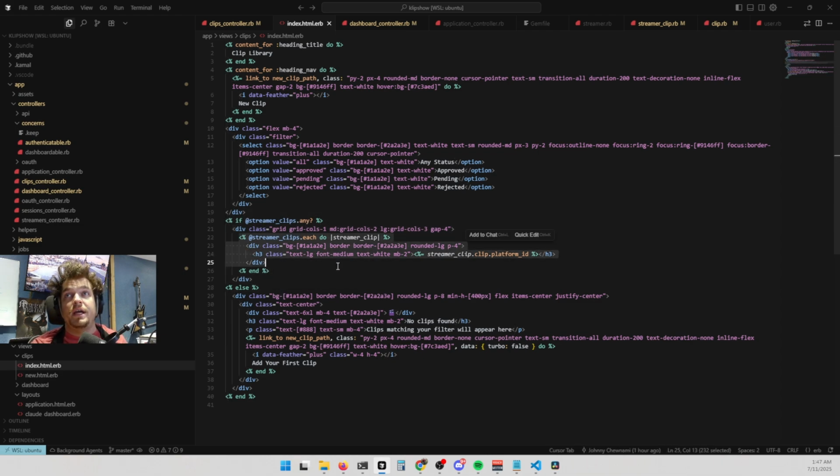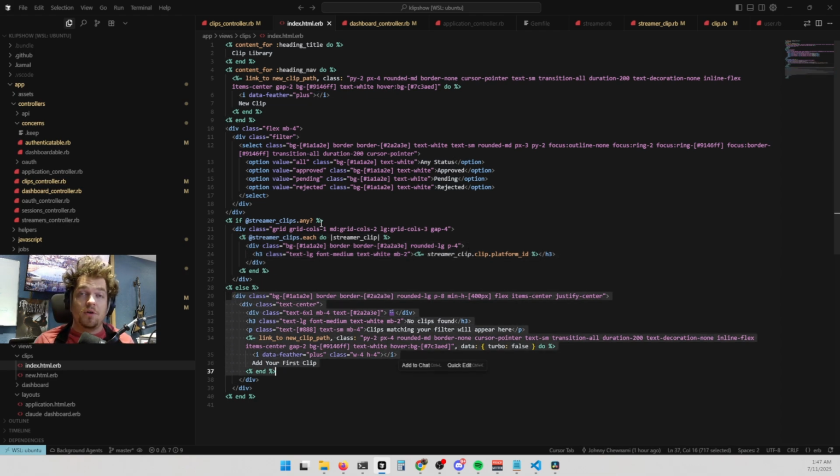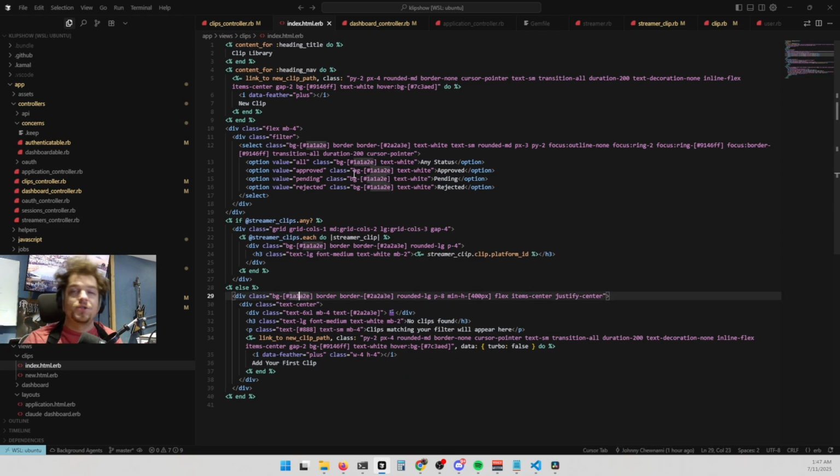We will go ahead and render the clips themselves, and we'll loop through and do that. If not, we'll render a dialog box that indicates that there are no clips, with a nice little button to go ahead and add the first clip. So this is basic CRUD actions, or create, read, update, destroy, that we're starting to build out. And this is core functionality for our foundation to build more off of that will get closer to what the